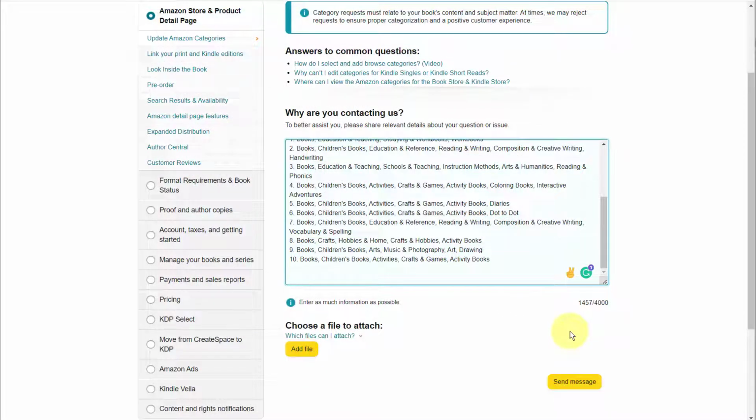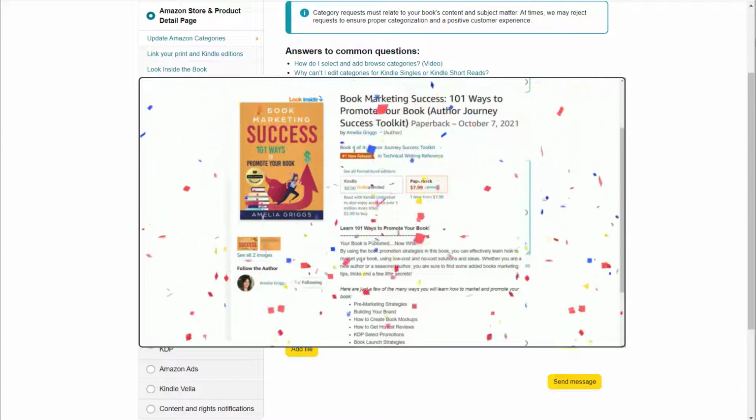So after a few days of submitting, your book categories should be updated. Keep a close watch on your rankings, especially when you run promo deals. Again, if you see your books selling, definitely check your ranking, which can improve quickly. And if you do achieve the best-selling banner or the #1 new release banner, you want to take a screenshot and share it on your social media, keep track of it, celebrate, and that's why it's so important to check